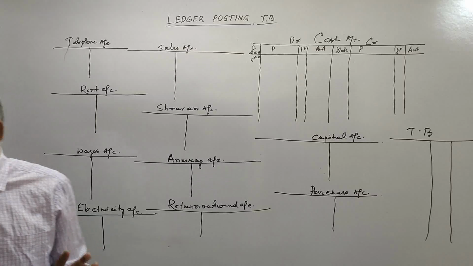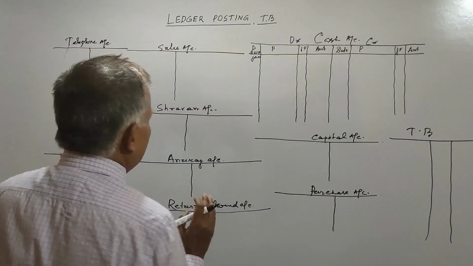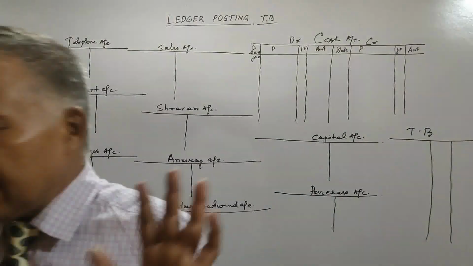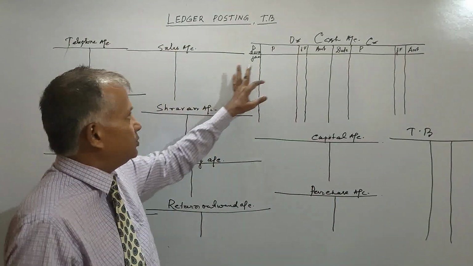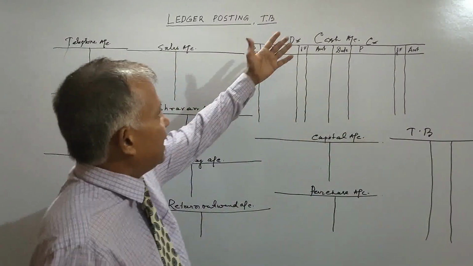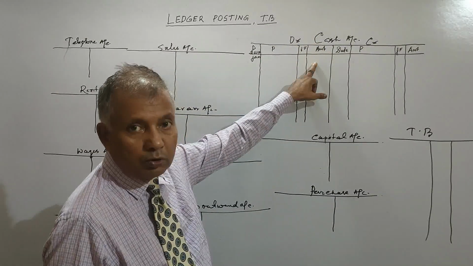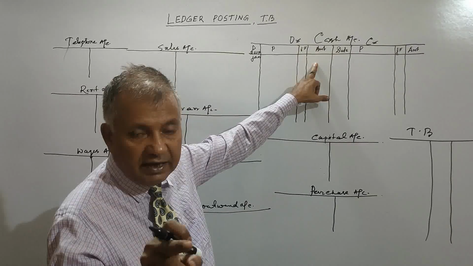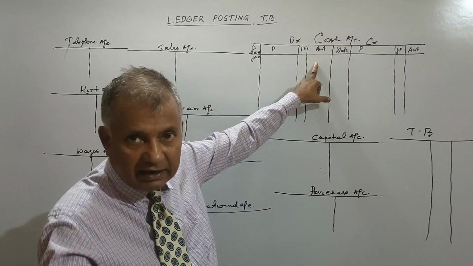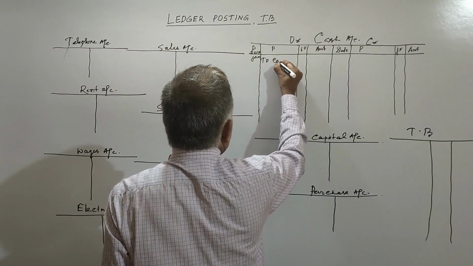So friends, let us start with the posting of the ledger. As I have told you, the first one is January 1. Business started with cash, account debit to capital. So in the posting, cash debit, go to the cash account, write in the debit side. In the cash account, do not write cash, you have to write the other one, that is capital. So write to capital